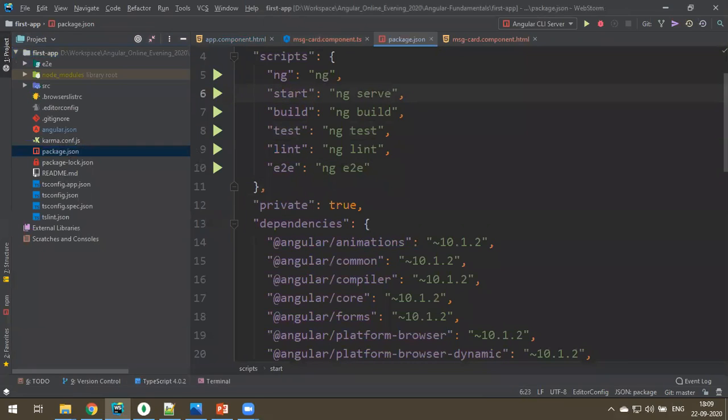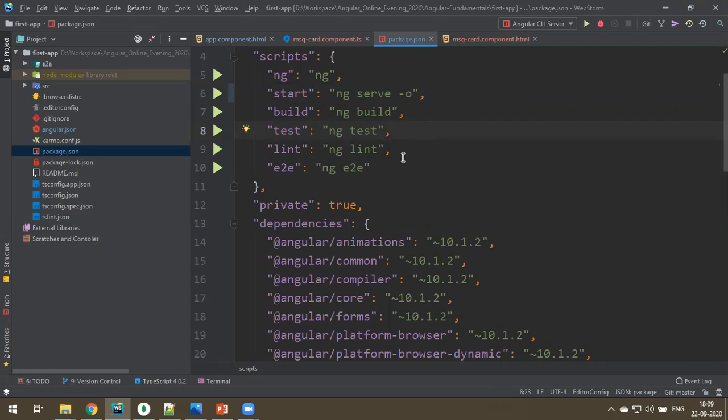Default is ng serve. If it is ng serve, you have to open a browser manually. If you want to open a browser automatically once the Angular server has started, you can give an extra option, hyphen o. It's not zero, it's the letter o. If you just add this, space hyphen o, as soon as Angular's development server starts, it will open the default browser automatically and you can see the code over there.